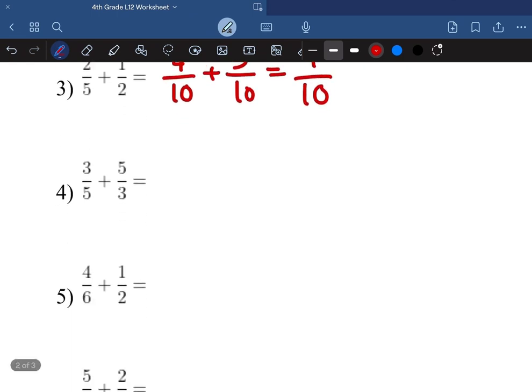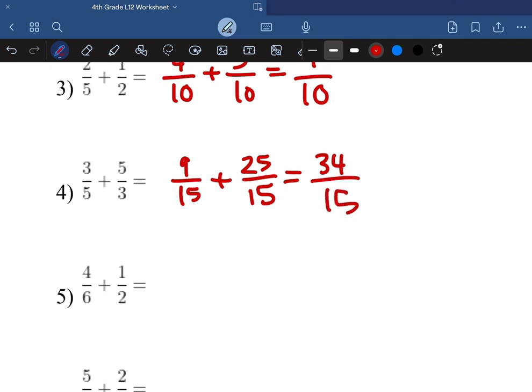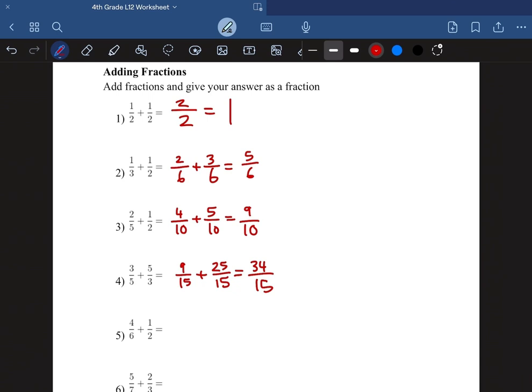Number 4, 3 over 5 plus 5 over 3. We have to find a common denominator. So 3 over 5, we would turn that into 9 over 15, and 5 over 3 into 25 over 15. 25 plus 9 is 34 over 15. And we're just going to keep it like this because it says to give your answer as a fraction,